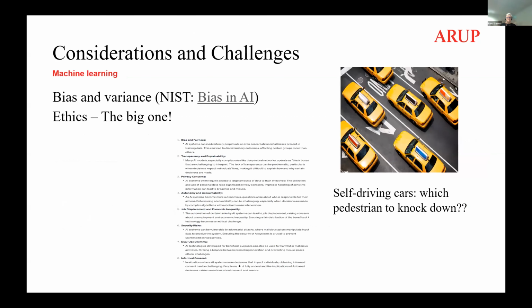Some of the considerations and challenges that we have within machine learning and AI are bias and variance. So bias is a measure of the accuracy of your model, the error within your model. So what are your predicted values compared to what are your actual values, and what's the difference there? What's the error? And then the variance is how well,